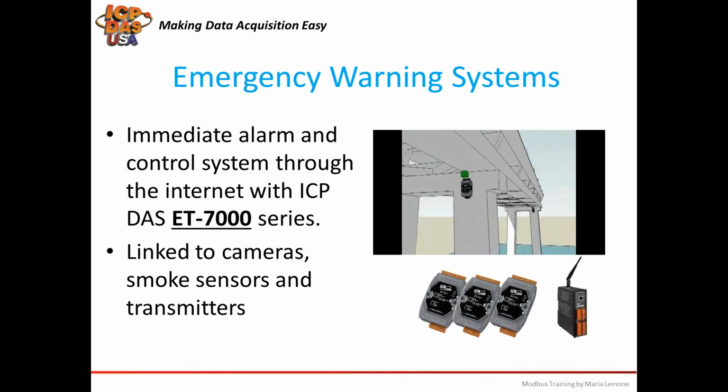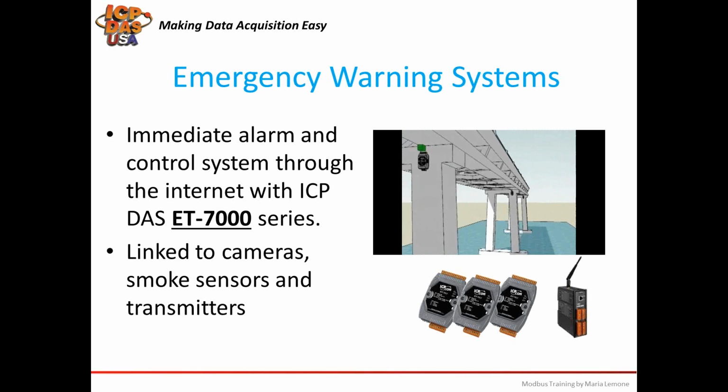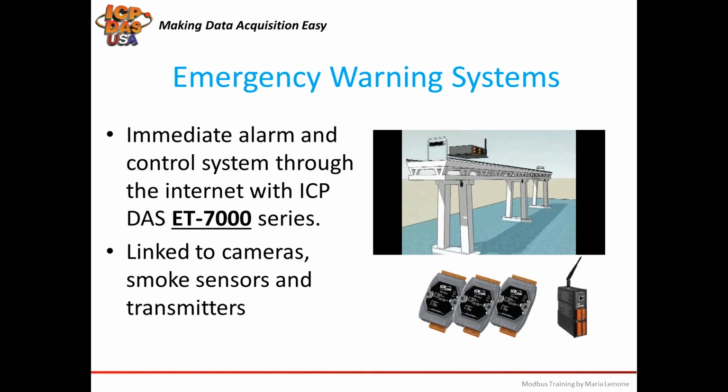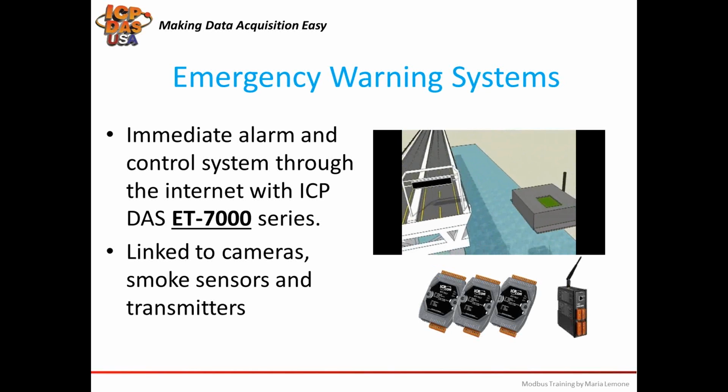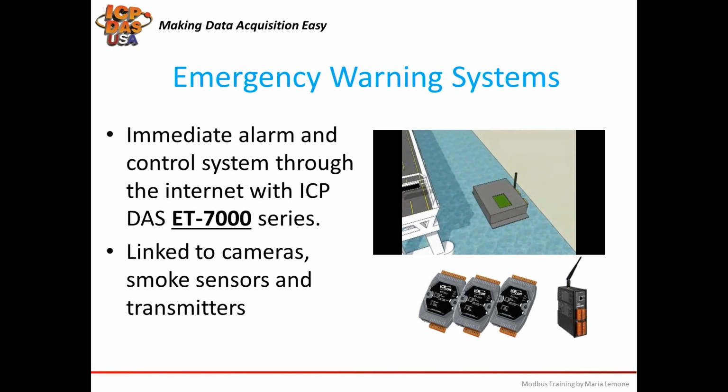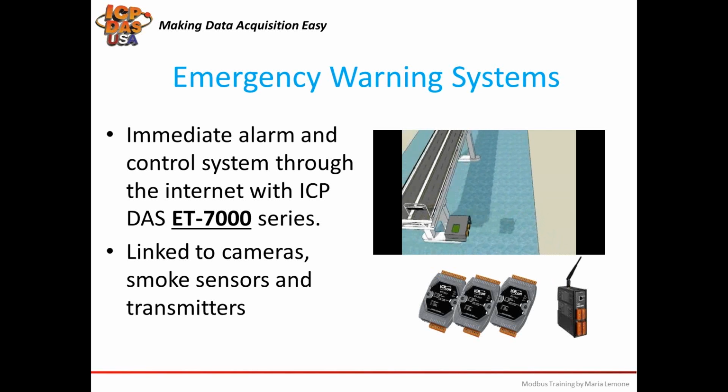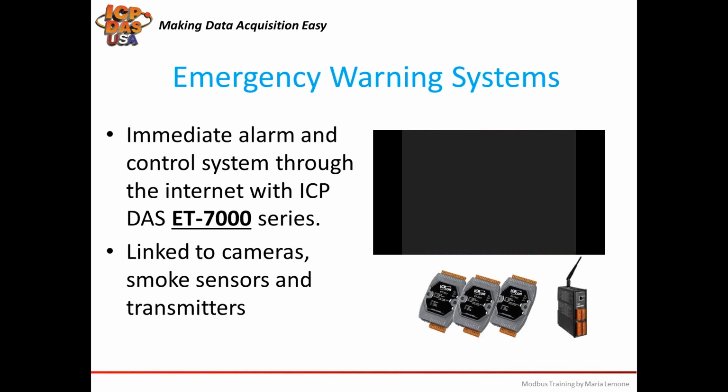They send signals over the internet to remote devices like web-based LED displays and display warnings to drivers about dangers in tunnels and can direct drivers to a better route to keep the roadway safe. Cellular controllers like G4500 can operate over 2G or 3G cellular networks and support Modbus protocols. They can be programmed in C language and allow for sending of text messages and emails based on information from